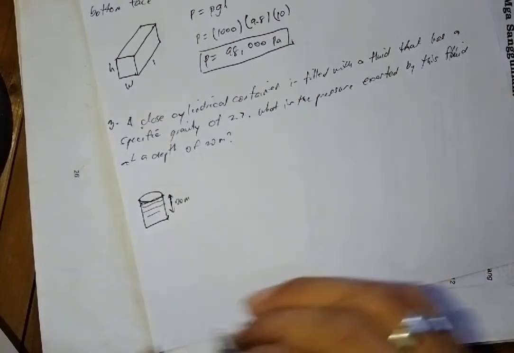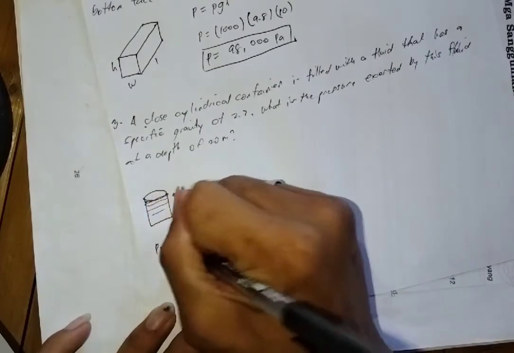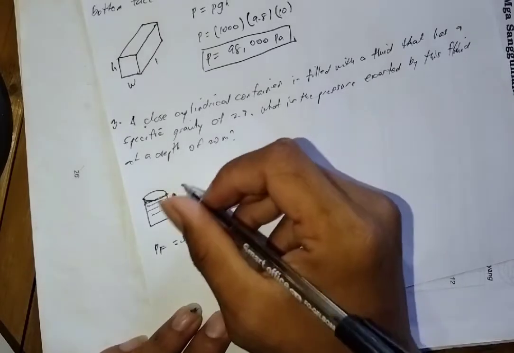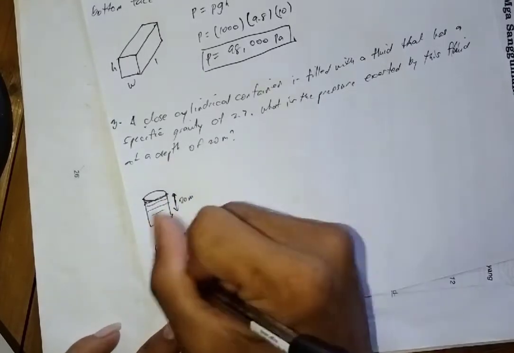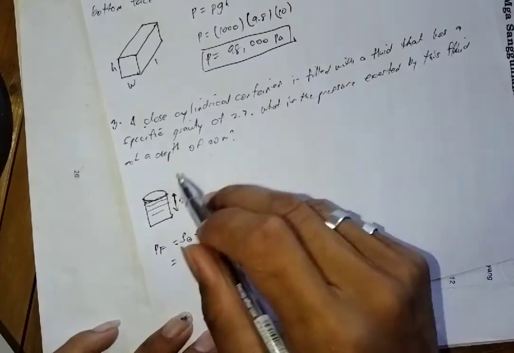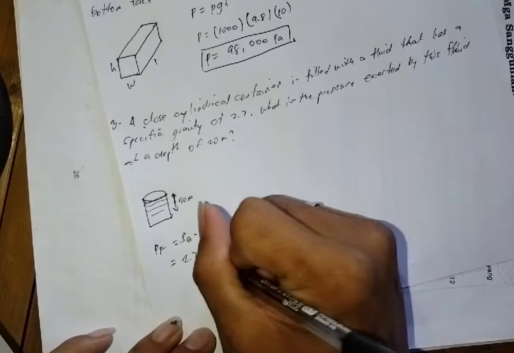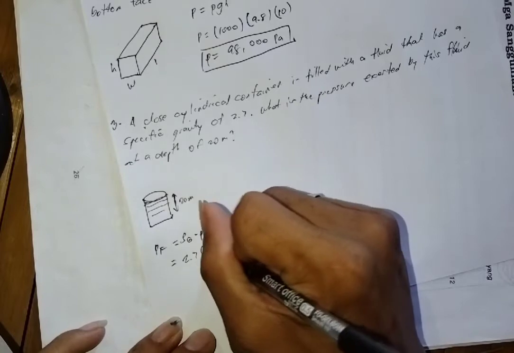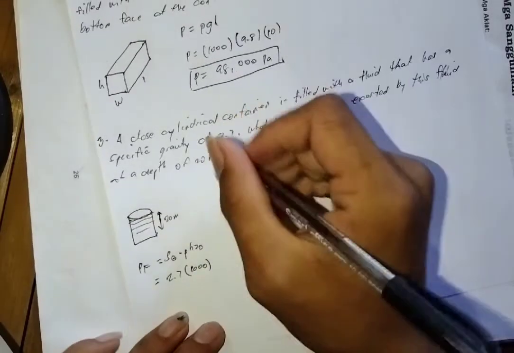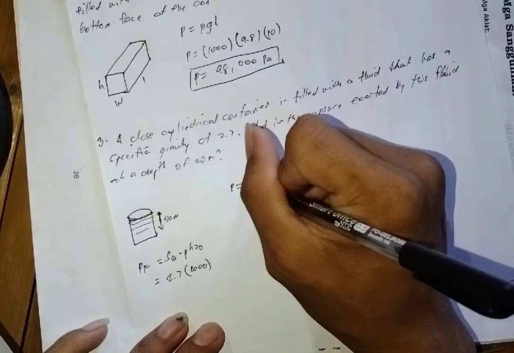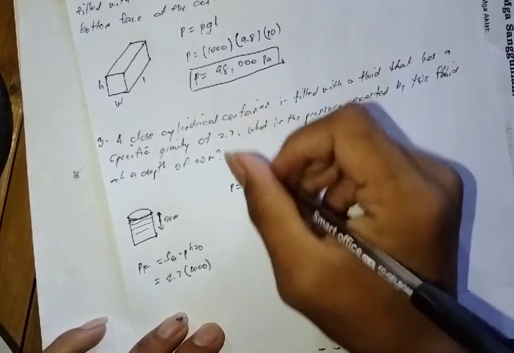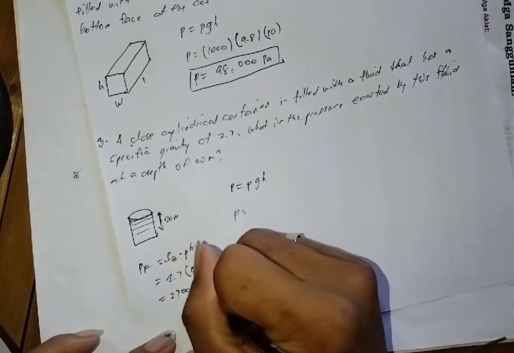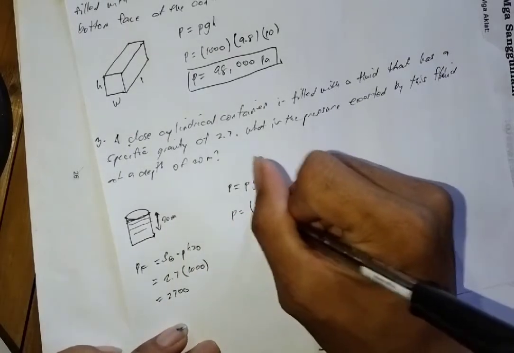And now to get the rho, you just multiply specific gravity times the density of water. The specific gravity is 2.7 times the density of water, 1000. And now the formula that we're going to use is P equals rho g h. P is equal to, our rho is 2700